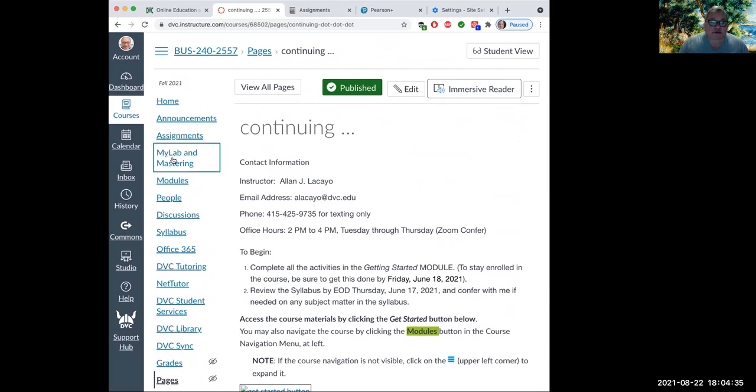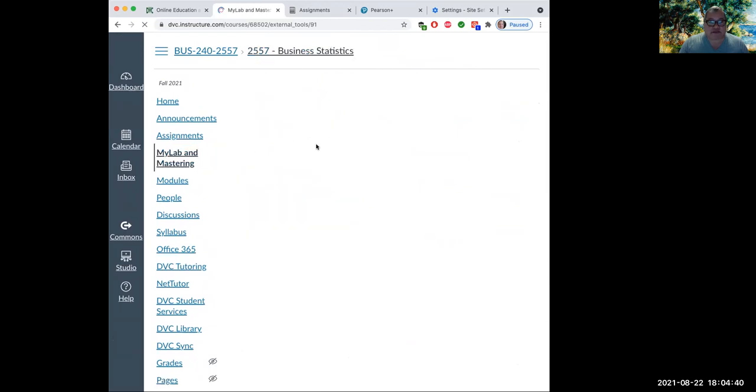The first time, I should mention this, the first time that you access Mylab and Mastering and you click on the yellow button, you will not go straight into the content. The first time, you'll have to register and pay for the content, or register and buy yourself time before the content is available. So let me show you what will happen the first time that you click on the yellow button. After you click on the orange button on the Mylab and Mastering screen that you see right now,